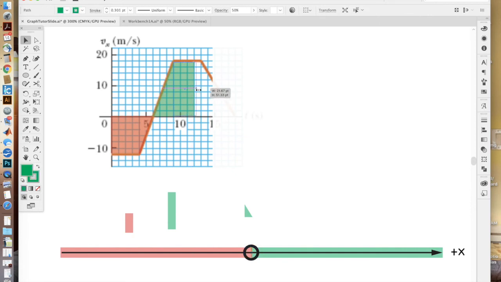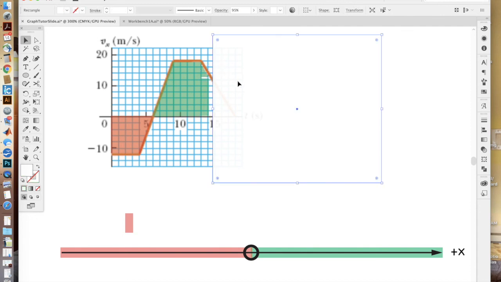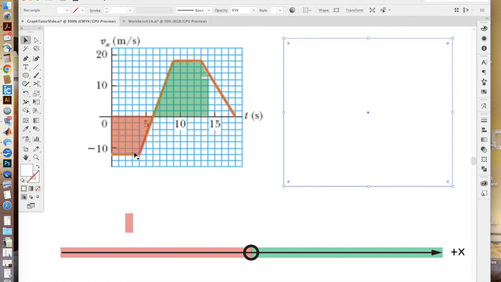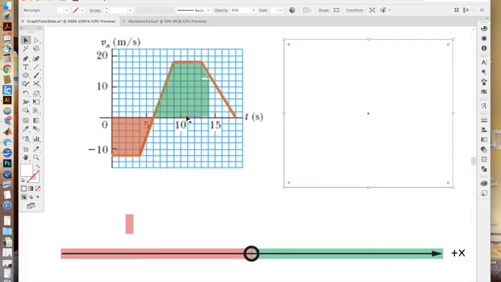And then we keep going, and we get this, and then we have to start adding these weird triangles and rectangles again, like that, and like that, and I think you kind of get the point at this point. All right, so that's the idea of how you would take a velocity plot to either use the slopes to get acceleration or fill in the areas under the curve to get displacements. Okay, and finally,